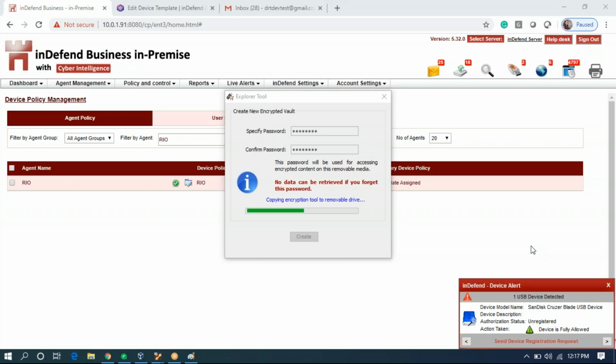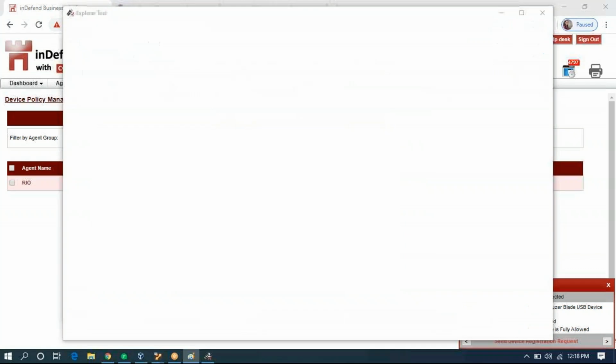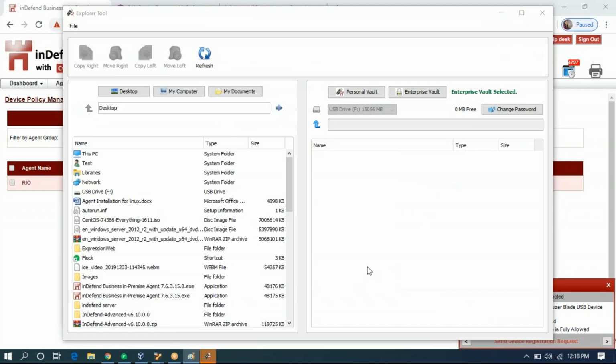So the data which was present on this USB before we encrypted it will still be there. It will not get removed. However, you can read things which are outside this encrypted space, but you won't be able to write anything over there. So now your USB will get divided into these two parts. The outer part is the remaining space in the USB which will work only in read-only mode, and this is your encryption vault. So once your USB is encrypted, this vault will get opened.